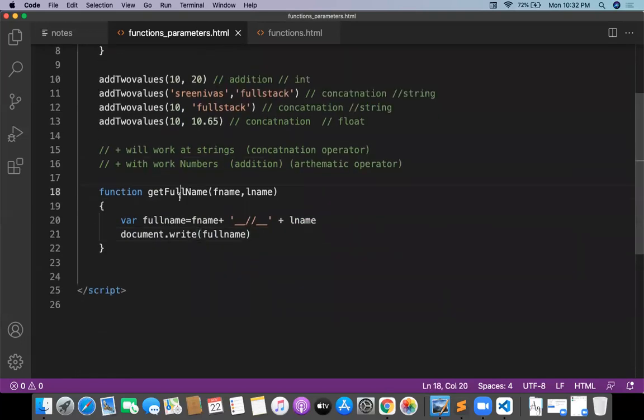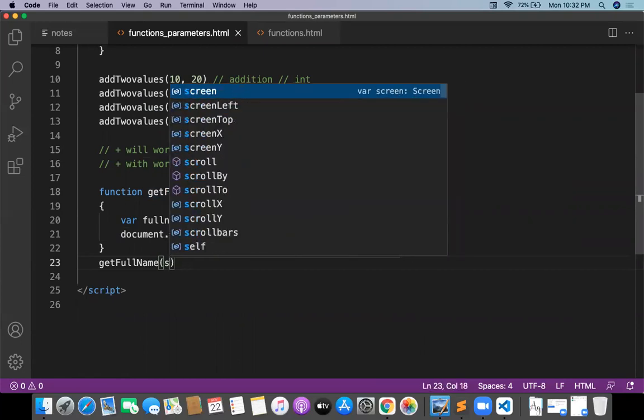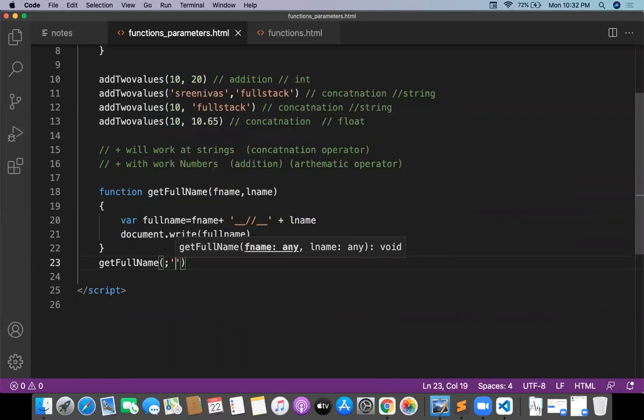I want to get the full name now. So when I call get full name, I need to pass two parameters, the first name and the last name. The first name is fname, something like a string. I could pass a string Srinivas, and comma, I want to pass the variable like Gorantla. So if I pass the values like this, what is the output?